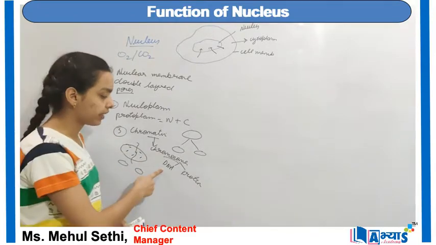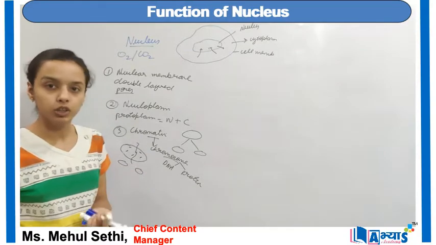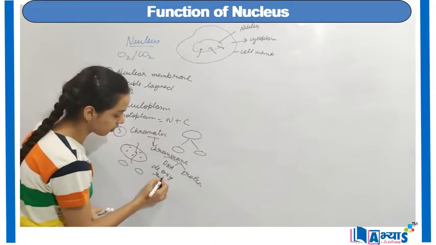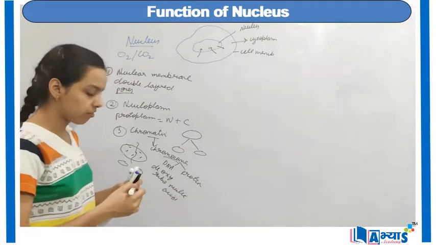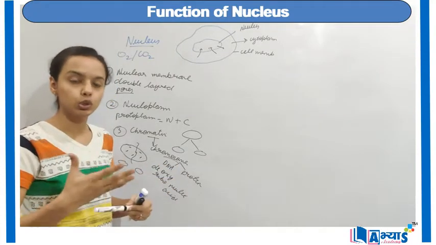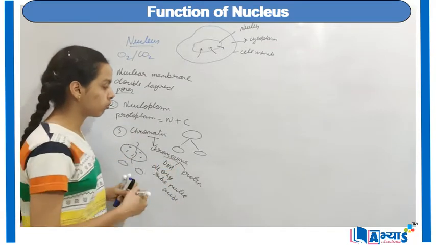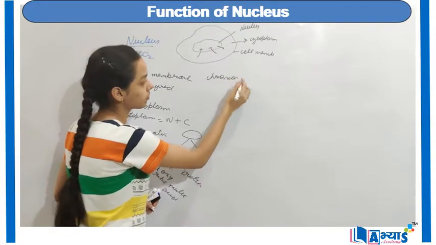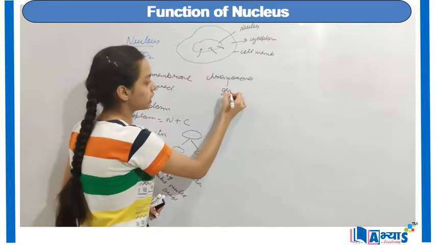So actually it is the DNA which is responsible for the transfer of physical characters from the parents to the children. DNA stands for deoxyribonucleic acid. Now we have the DNA and the proteins, and this DNA found in the chromosomes is used to transfer the characteristics from the parents to the children, and these chromosomes have a functional unit known as the genes.